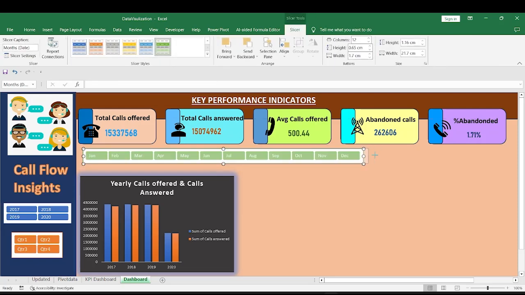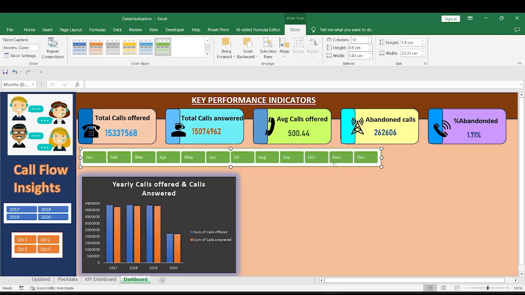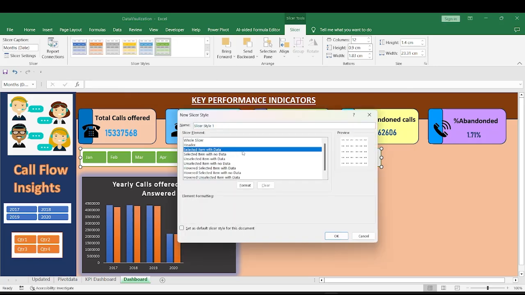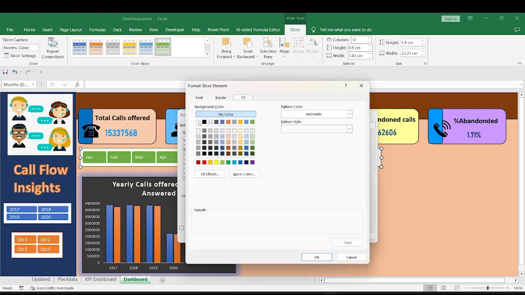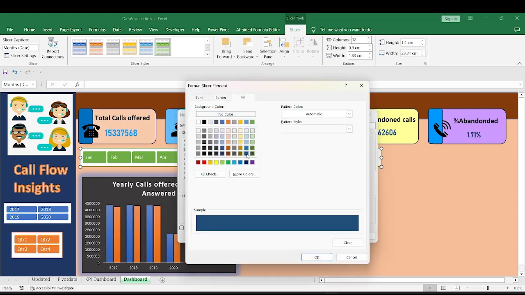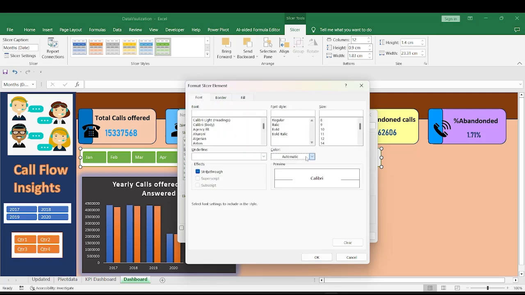I can just make it a little more big, no problem. Let me format the slicer. Go to slicer styles and click on new style. Select items with data, format,